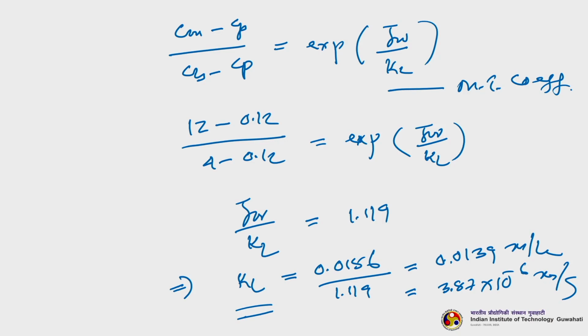So, with that we have calculated the water flux as well as the salt flux, and then we have calculated the mass transfer coefficient using this particular equation. This is one classic example of how you can calculate water flux and salt flux, provided you know the concentration polarization modulus and some other data like pressure difference.